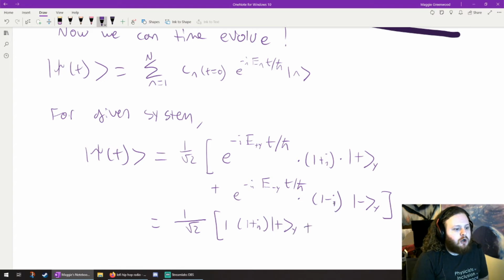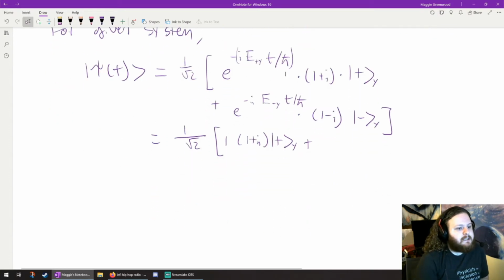And on my second term, I factored this out from both terms, which means this exponential is going to get a positive of the stuff in parentheses here. So the second exponential is going to be e to the minus i, e minus y minus e plus y, t over h bar. And if you don't believe that the exponential is going to look like that,